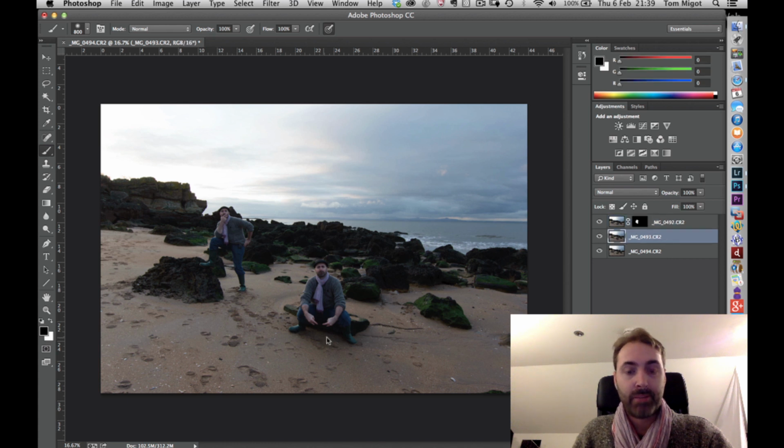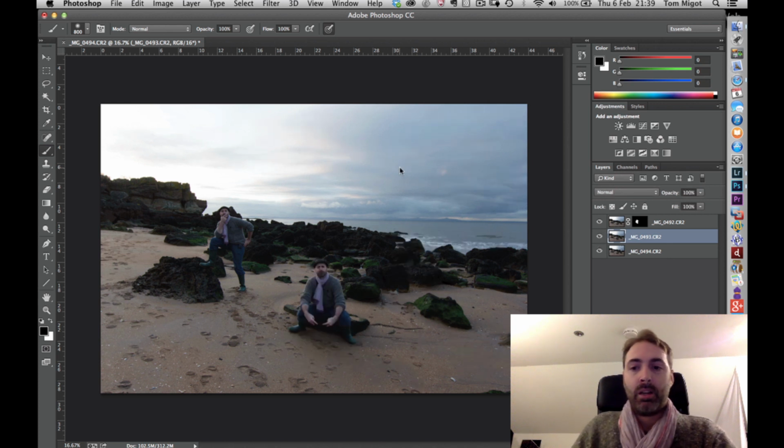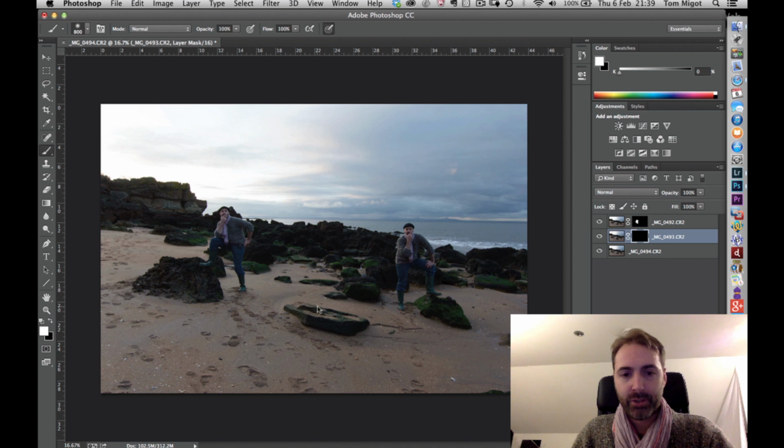So we're going to apply the same logic to the second layer. The second layer is where I'm sitting. So I'm going to use the same mask, the hide all, and I'm going to hide that layer. And obviously what's going to happen is we're going to reveal the one underneath, which is the eye level. Eye layer, sorry. So I do layer, layer mask, hide all, and now it's hiding that particular layer where I'm sitting. So I'm revealing it. Same with the brush tool and the white color. And you can see, here you go. And that's it. I don't even need to do anything with the last layer because it's already revealed.